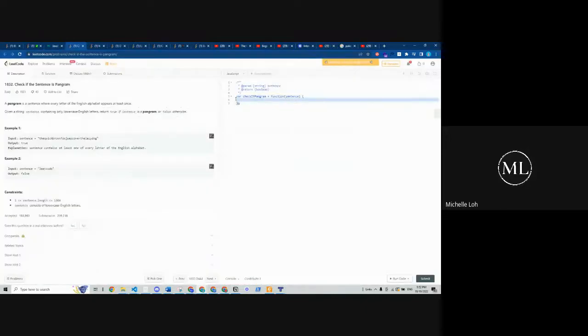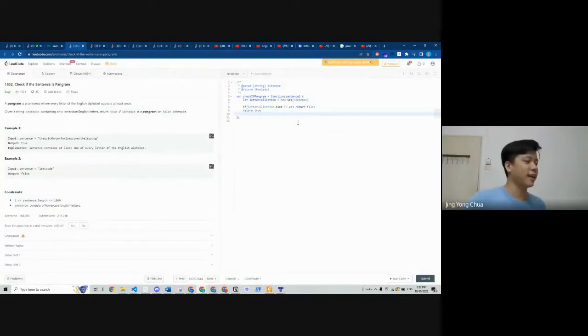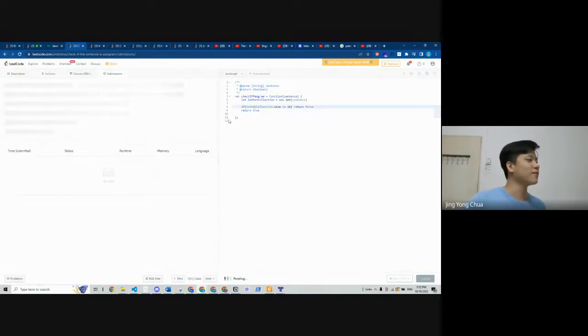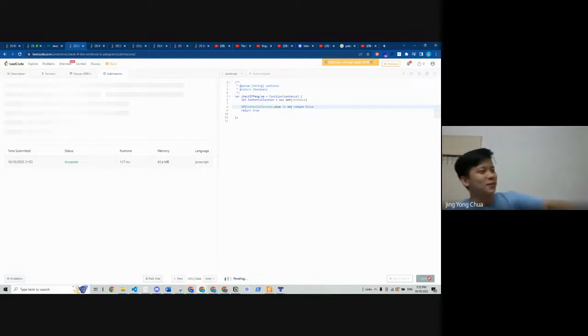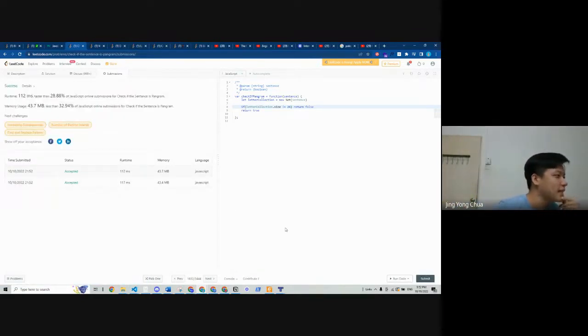This is good. Okay, please let it work and show me how fast and how smart this is. $20.32. Are you only that little? So you do better than that. Well, okay lah. I think maybe the set takes some time also.